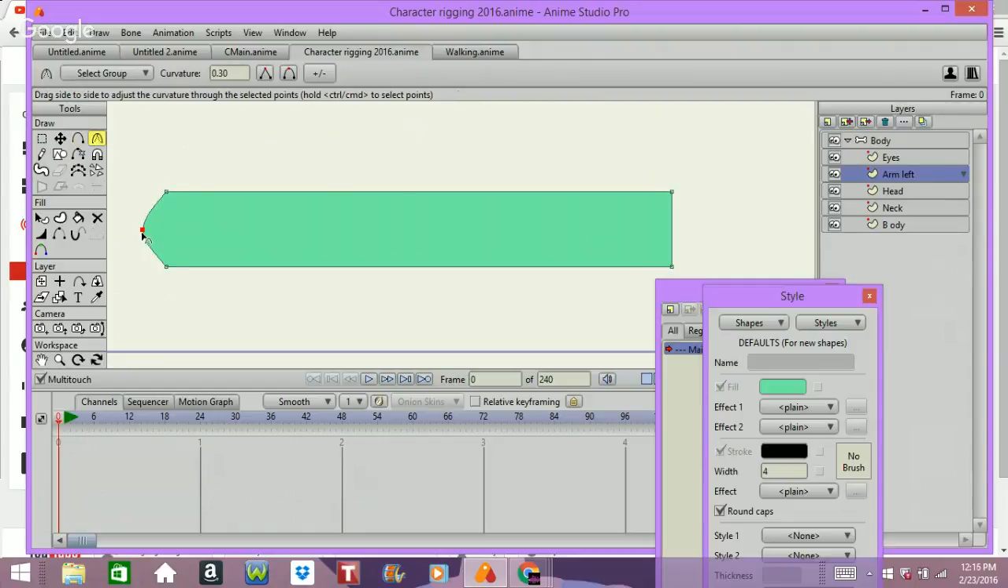For this demonstration purpose, I'm not gonna worry about it. So with Anime Studio, at least in the new versions, there's a curvature tool in the draw toolbox. So what I like to do